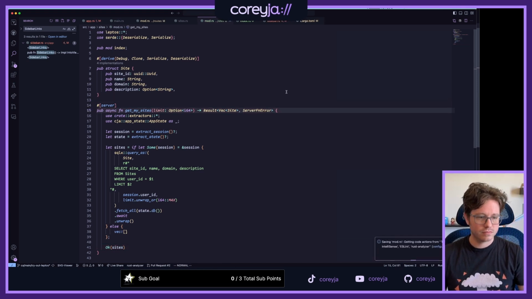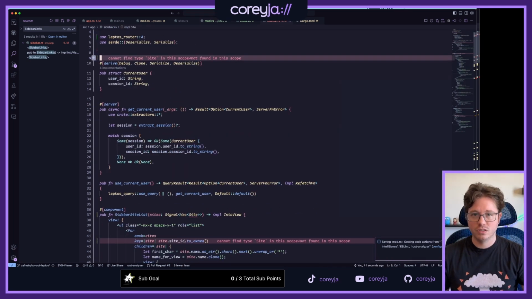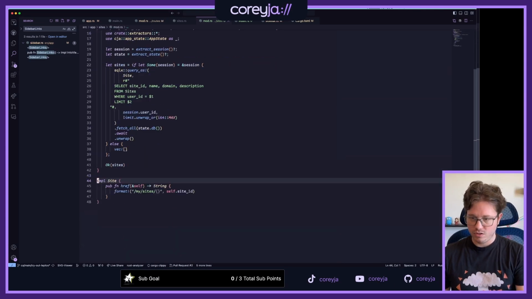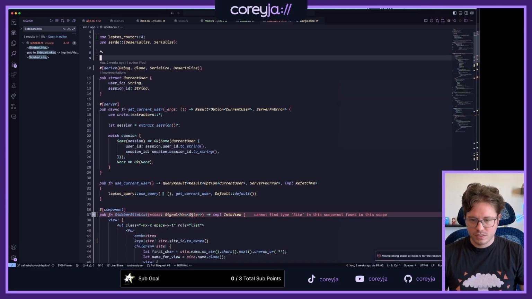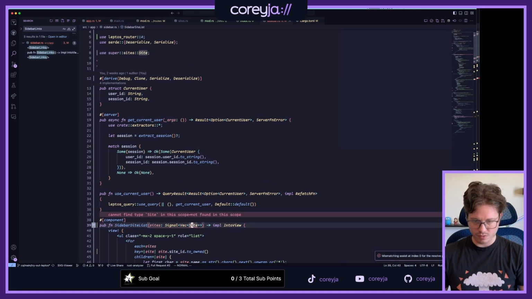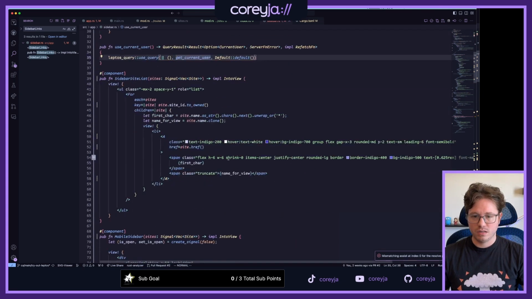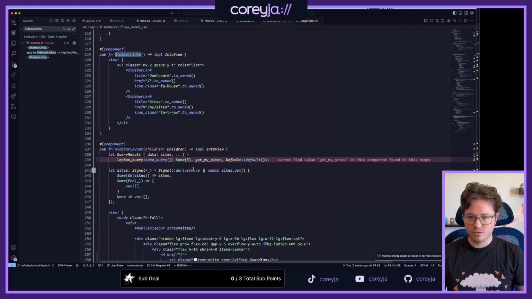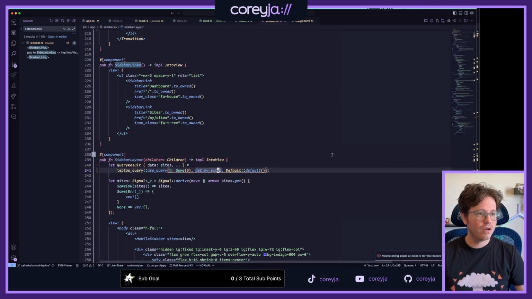Perfect. And then sidebar here isn't... Oh, okay. Yep, that actually can go to here. Then sidebar, yep, it does. Oh, cool. Yep, you can import that from there. And then there we go. All the way down here is where we have get my sites, which can be an import from there.